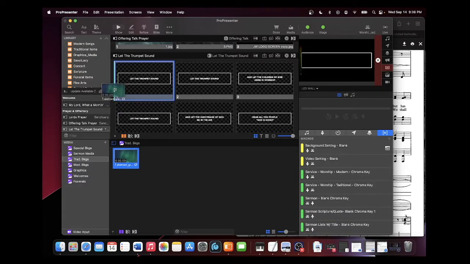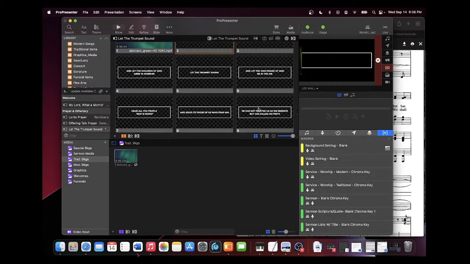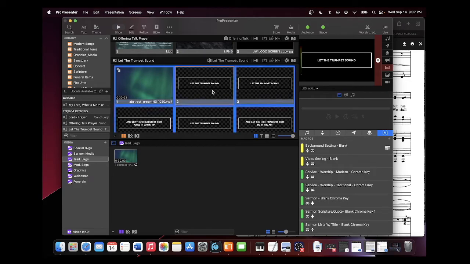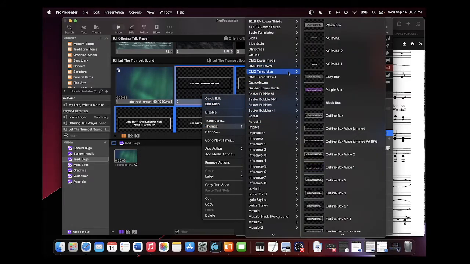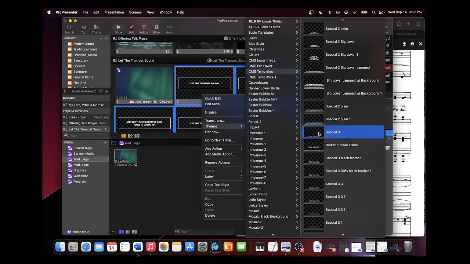So now we have our title and we have our background, and we don't necessarily have verses, so we can't really order this song, so we'll leave this song without groups. We know we need it to be lower thirds, but we can do that this way. We press on the slide, press Command A, deselect this slide by holding down Command and left clicking, and now we can hold down Command and right click on any selected slide. We go to our themes, we go to our CMG templates, we go to special, select that,